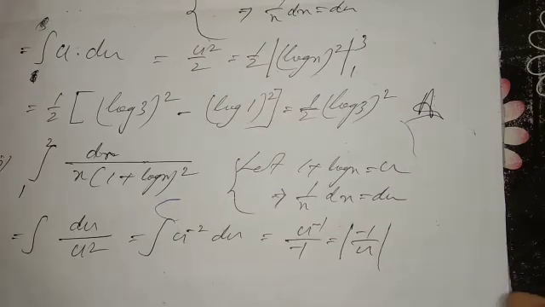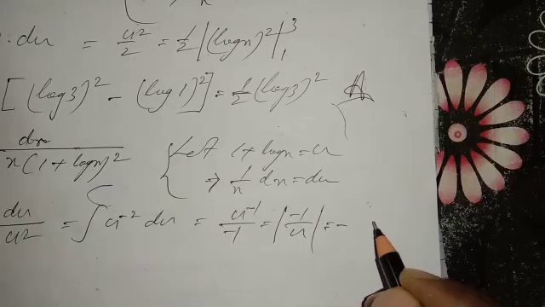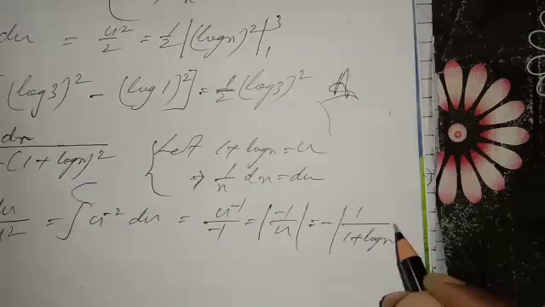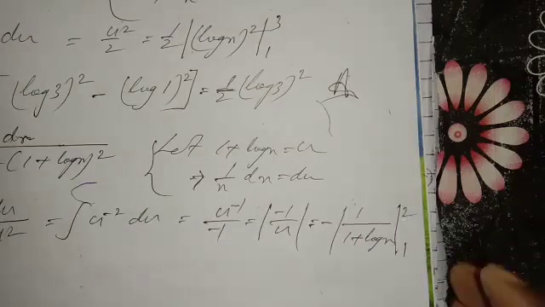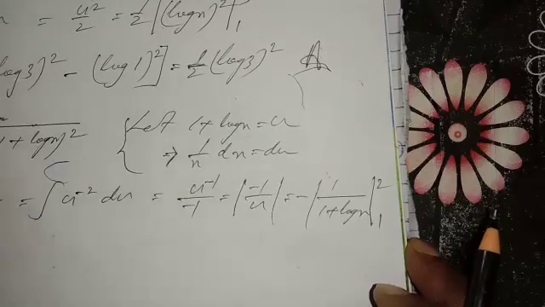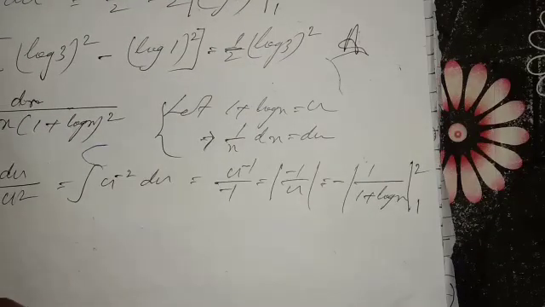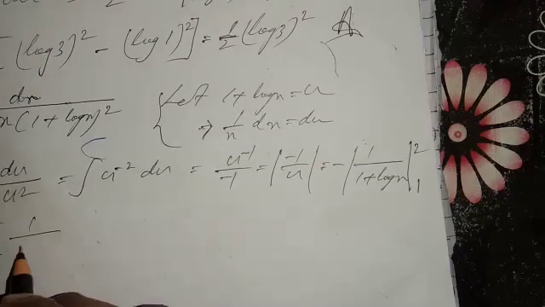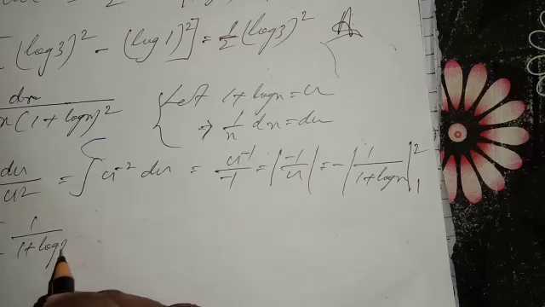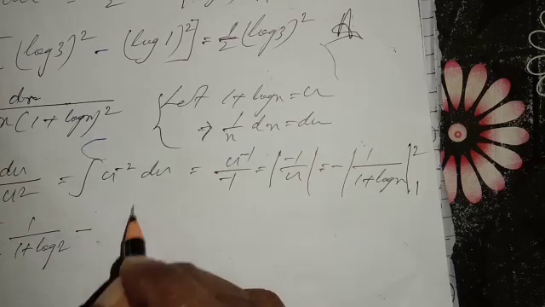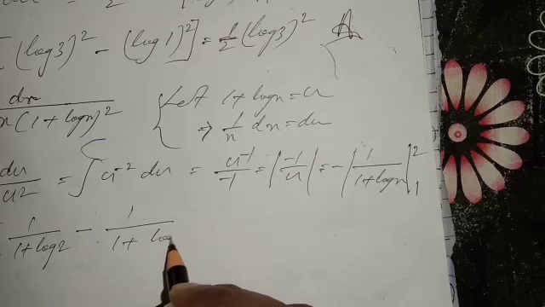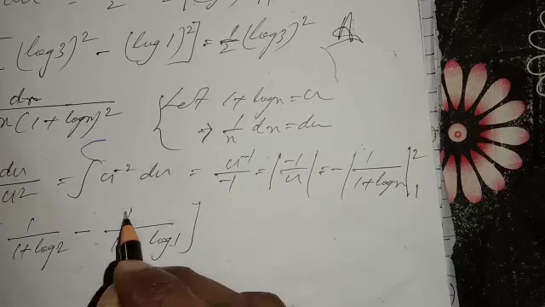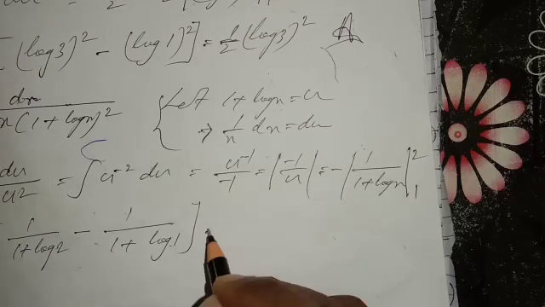Okay, that means minus 1 take it outside, 1 by u means 1 plus log x. The limit value now, that is 1 to 2. Now you have to put the upper limit value, minus outside, replacing x by 2. This will be 1 by 1 plus log 2 minus lower limit value 1 by 1 plus log 1, x is equal to 1. As you know, log 1 equal to 0, that means this is 1 by 1 means 1, which is equal to minus